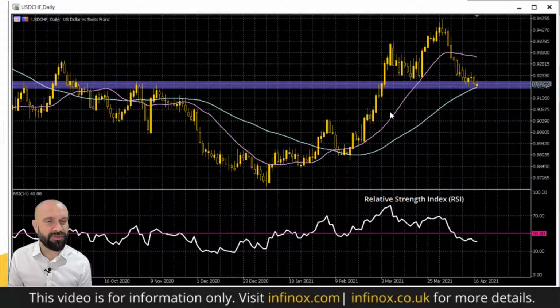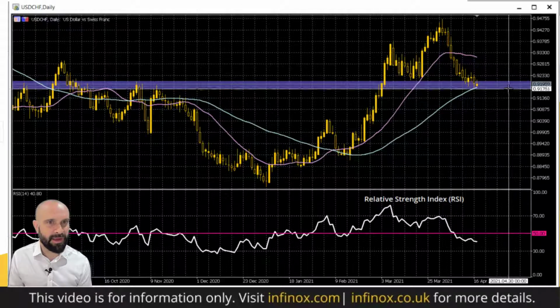And moving on to dollar Swiss, similar looking chart actually to the one I showed you just now, where you've now broken the equivalent support of the 92.13, 92.15 area, and we're now into this sort of band again, a band of key support. If you do see a downside break below that